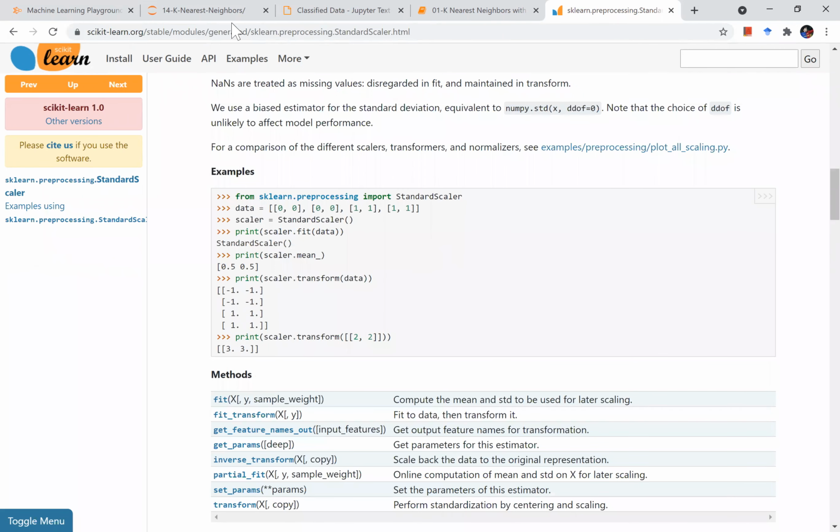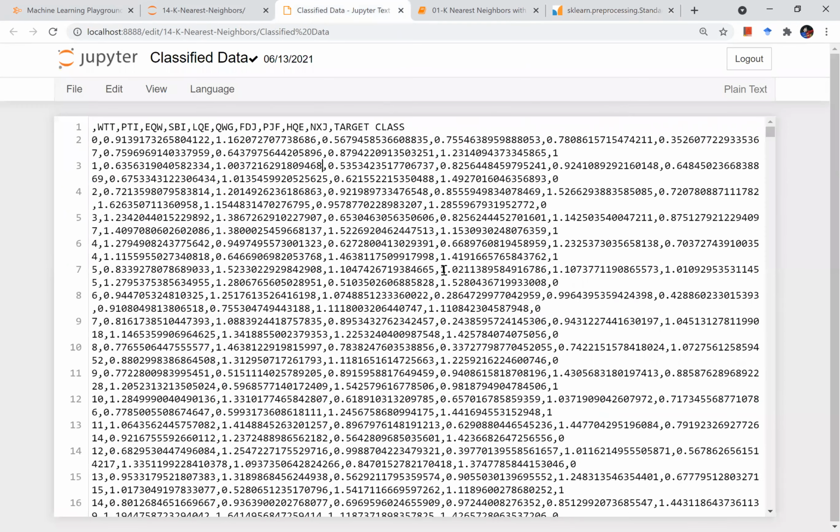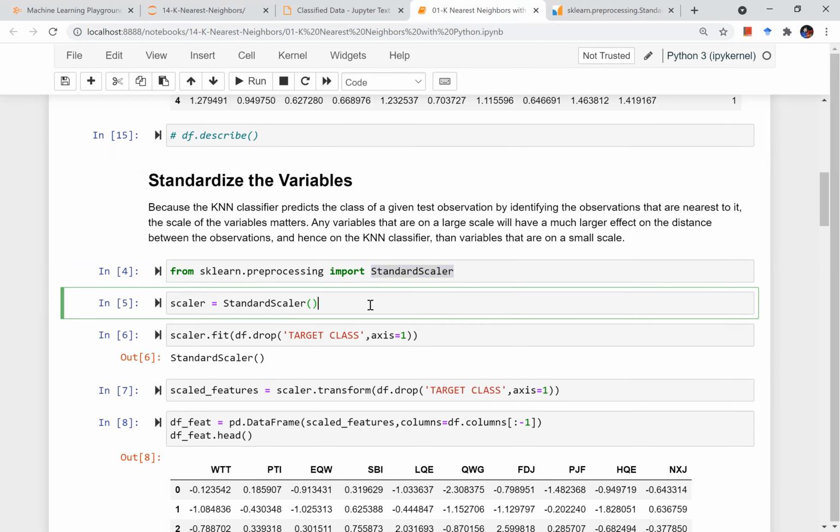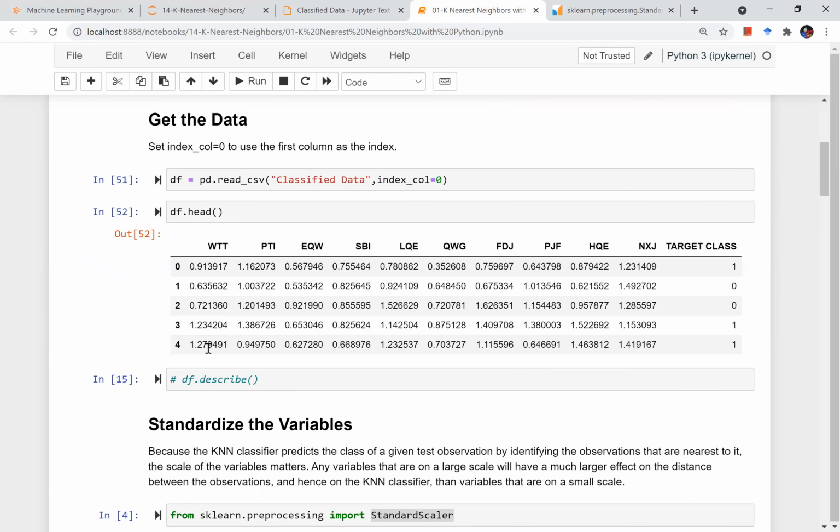centered around 0. Now I will import StandardScaler from sklearn.preprocessing. I have imported the logic into my program, but I need to create an object to use it. So scaler is my StandardScaler object. Now I want to fit it to my data set. First it will fit. Fitting means finding the mean and the standard deviation of all the columns.